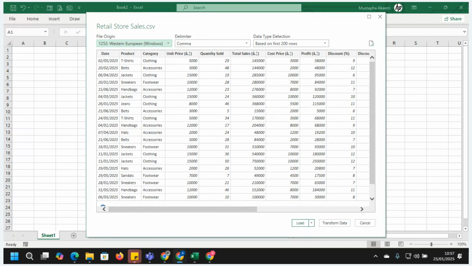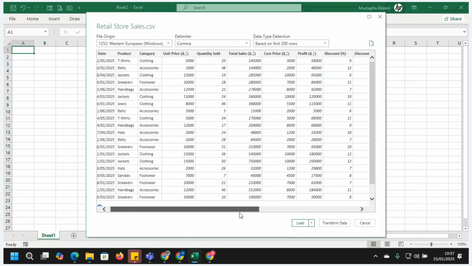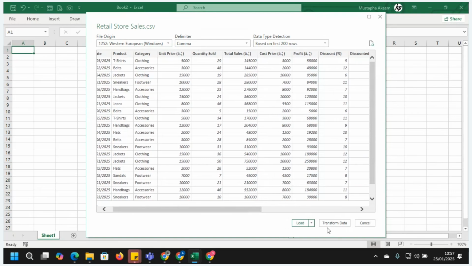The ETL of a thing is one of the areas where we extract and transform data. So when you have this option, if your data is clean enough, just load. If you are the preparer of the data and you are sure that the data is good, there's no cleaning needed, just click on load. And another benefit of using this kind of connection is that when you know that Excel